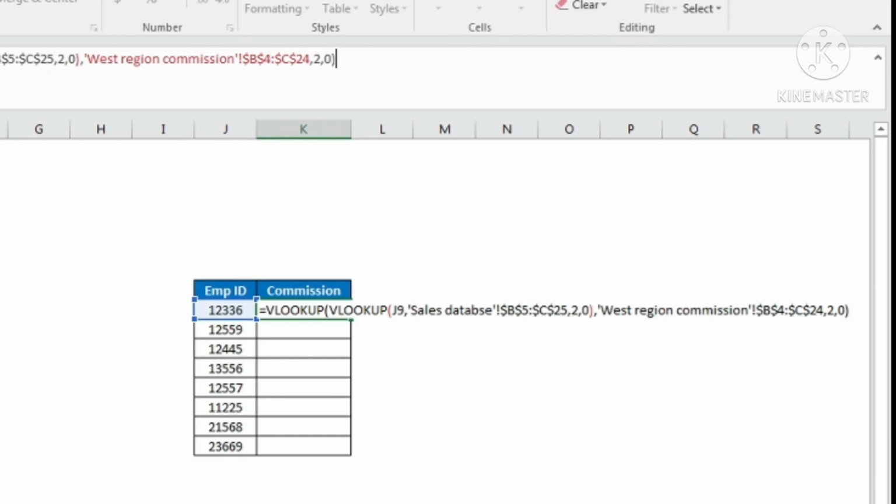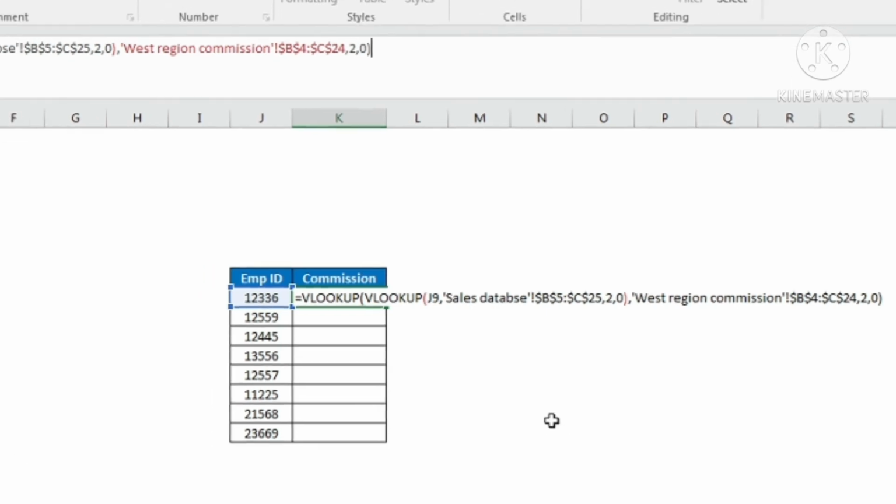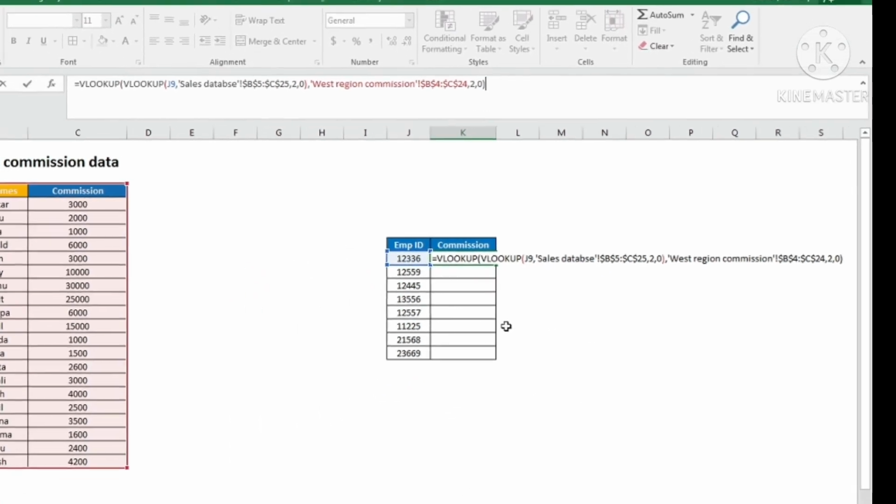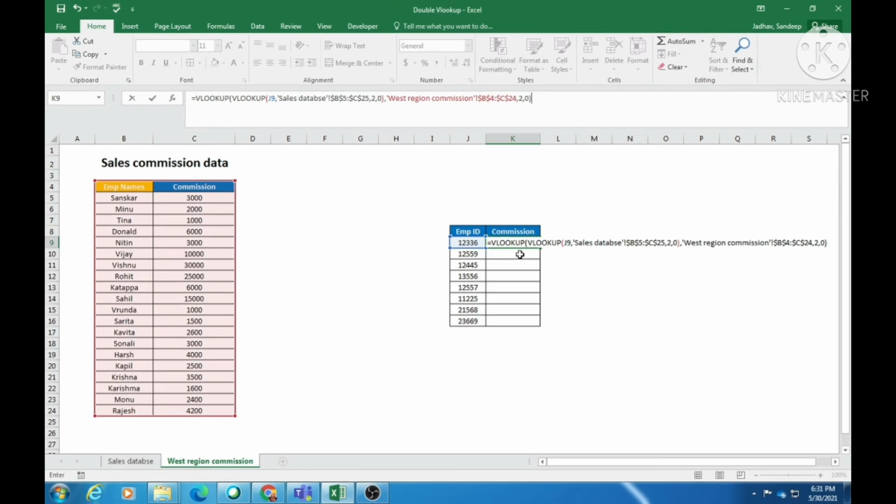Now the second VLOOKUP formula is also completed. Before we go ahead and press enter, just check again what we have put. We have combined a VLOOKUP inside a VLOOKUP. Why? Because we had employee IDs but we did not have the corresponding employee name, because in the master data only the corresponding employee name is there, but that corresponding employee name was there in another database. So we put a VLOOKUP inside that VLOOKUP to get the corresponding employee name.